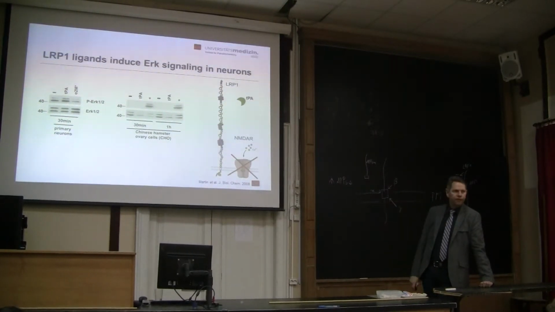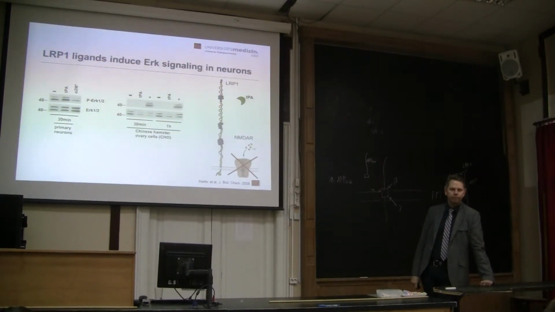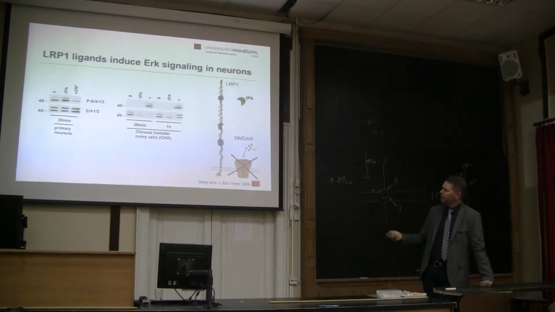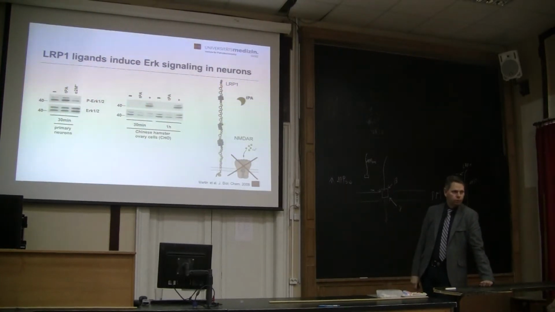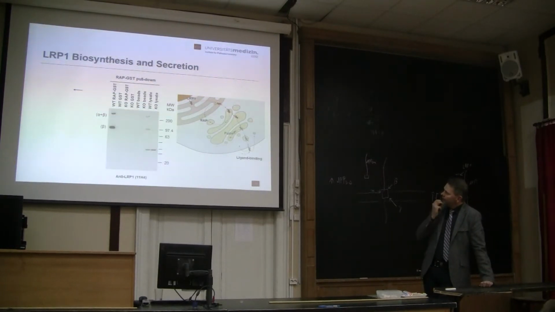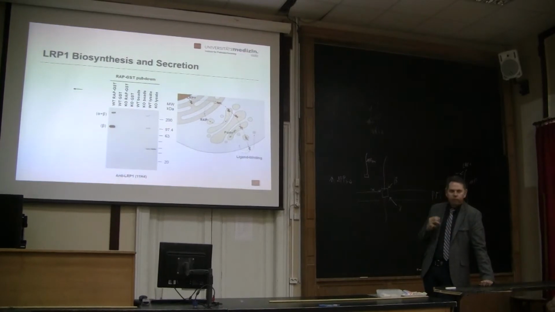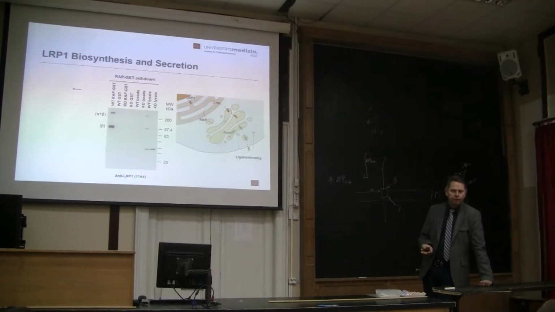So, no effect whatsoever on ERK signaling. Meaning, you clearly need the NMDA receptor for it. So, by that day, when we saw these results, my PhD student was already arguing with me about what kind of stupid idea I had. Then we said, okay, if this is correct, that LRP has nothing to do with it,